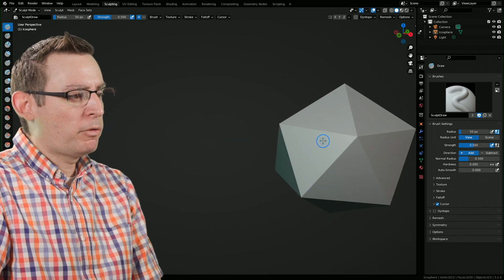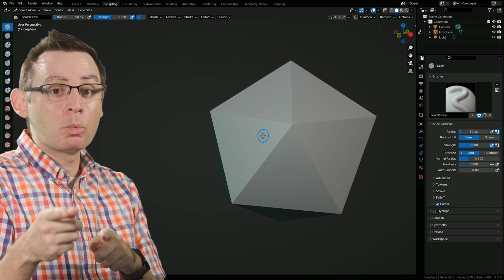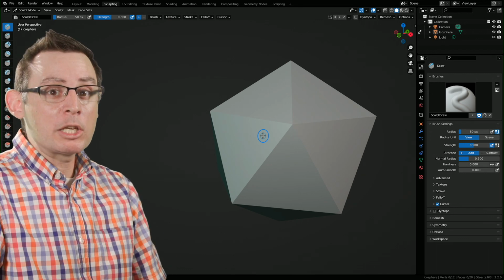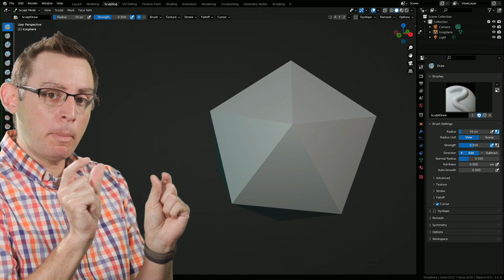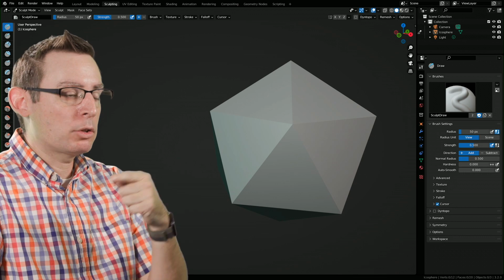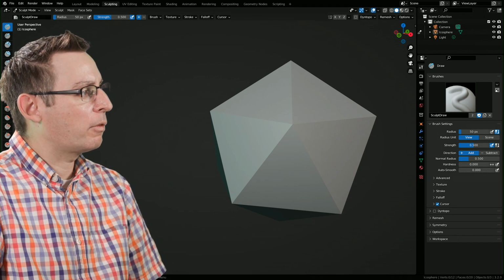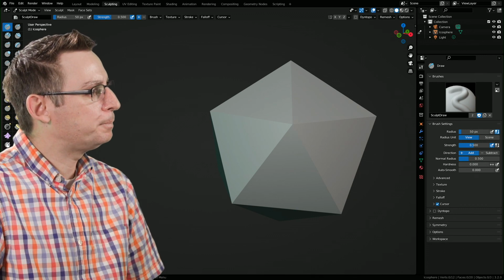There we go. Before we jump in and start working, here's a great little trick, something that's going to help you match your work environment to mine. I'm going to go over into my toolbar and put my cursor right at the boundary of the toolbar and the background of the scene, which is going to give me kind of a cool left-right arrow. I'm going to drag to the right, which is going to make our toolbar from 1 column into 2. A little bit easier to see all of our tools this way.